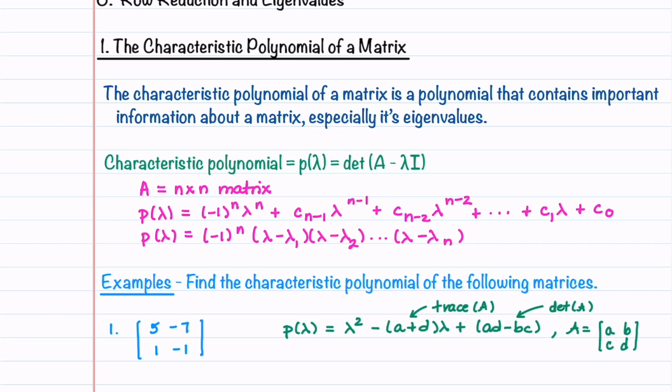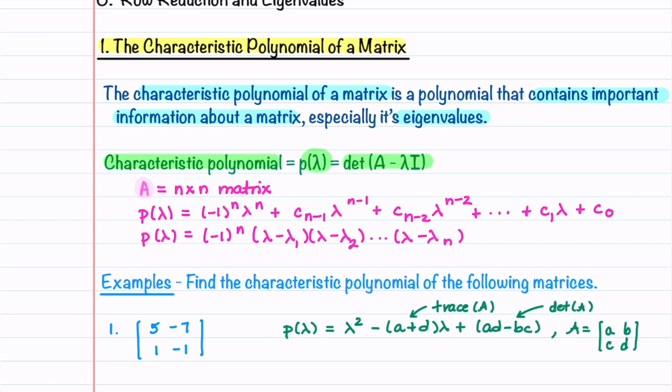The eigenvalues of a matrix can be found from a polynomial called the characteristic polynomial of a matrix. The characteristic polynomial of a matrix is a polynomial that contains important information about a matrix, especially its eigenvalues. The characteristic polynomial is written as p of lambda, and it's equal to the determinant of A minus lambda times